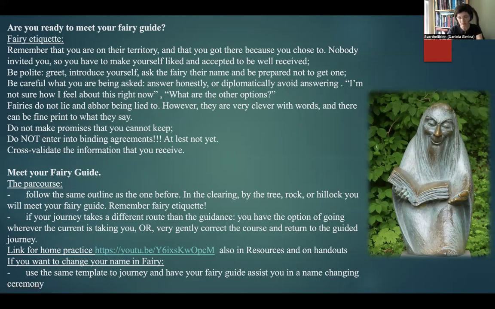Just very briefly, the most important things to note down would be if your fairy guide gave you any name, if they told you anything that you should know, when you had that part of the conversation, is there anything I should know, anything you want to share with me? So if they said anything or showed you anything, just jot it down. Could be one word, like stone, or red rock, or bluebird, or something like that.